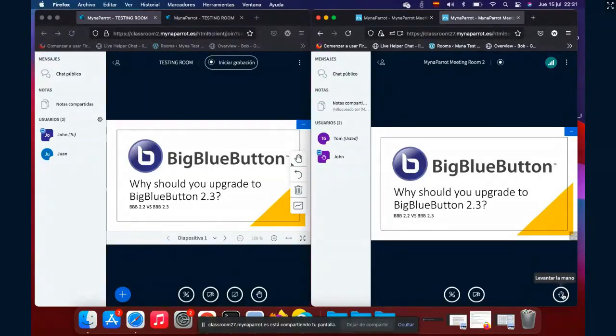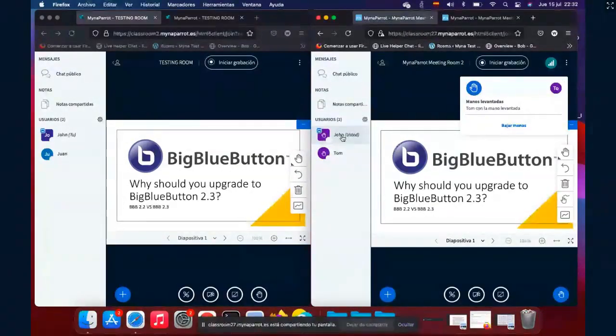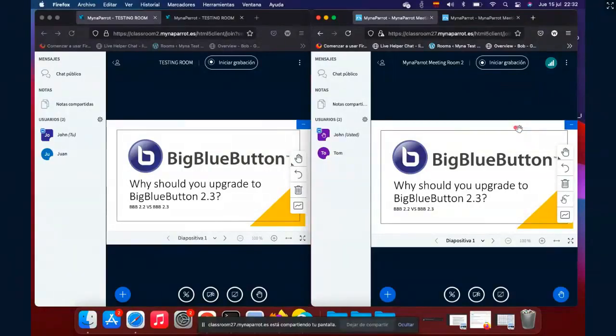Let's make a test. Once you raise your hand, you will see this user wants to talk. Okay, correct, good. So now let's check how it's going for Big Blue Button 2.2.